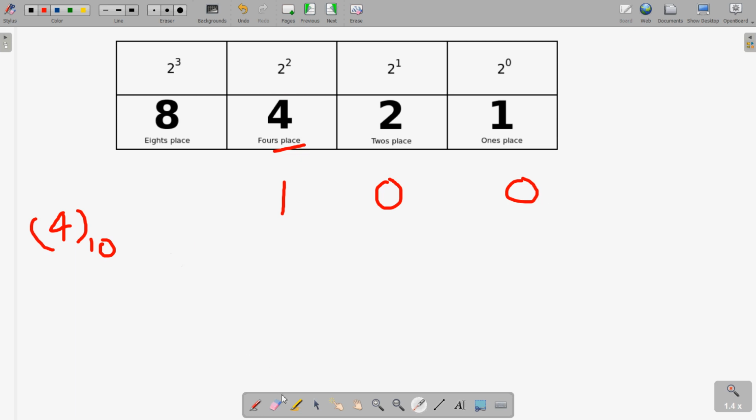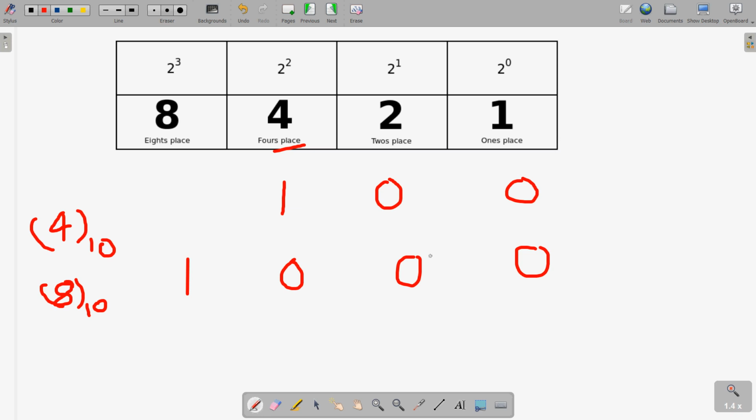Clear? In the same way, if you want to write 8 in decimal and you want to write it in binary, you write 1 at the 4th position and 0 at all of the other 3. This will be the binary equivalent of 8. So this way we can easily break the numbers also. Clear? If you want to convert any of these numbers, you can write this directly.